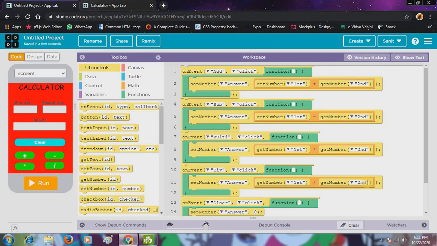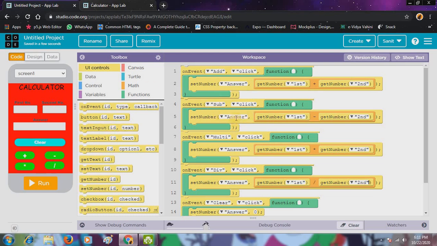So let's recall it. First of all, we have designed our calculator. Then in codes we have used on event. So when we press the add button, what will happen? It will set a number in the answer, and what it will set is the sum of the first and the second.